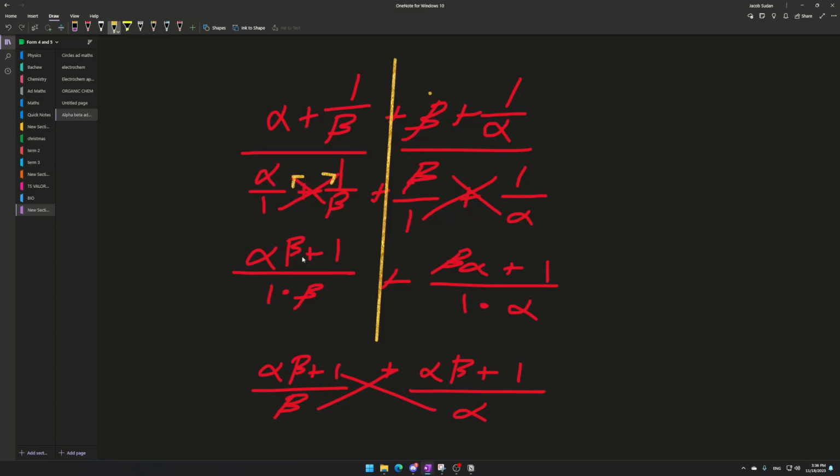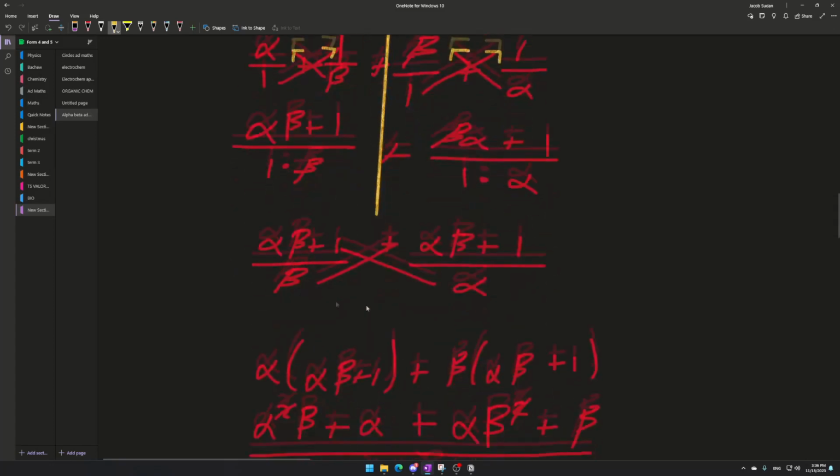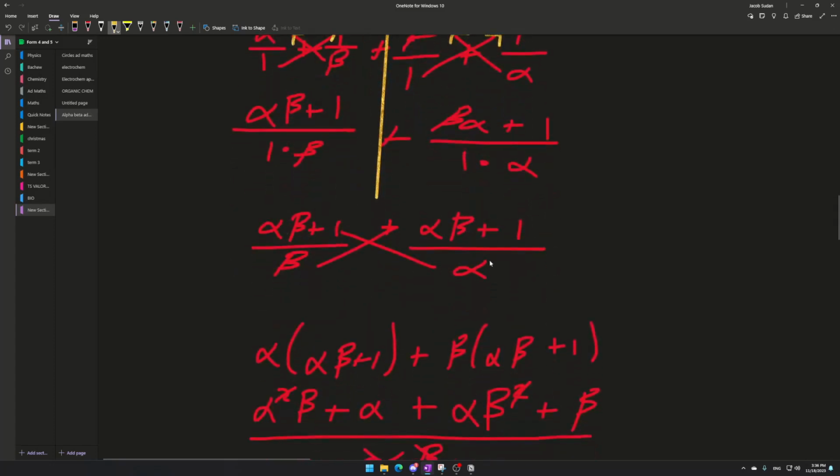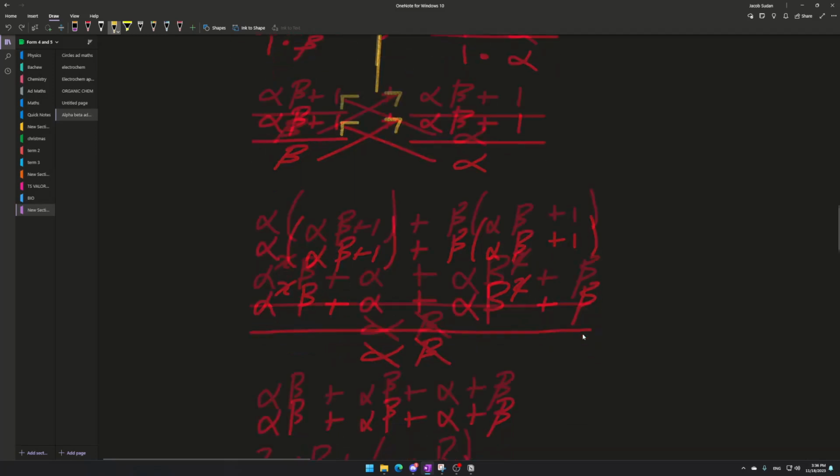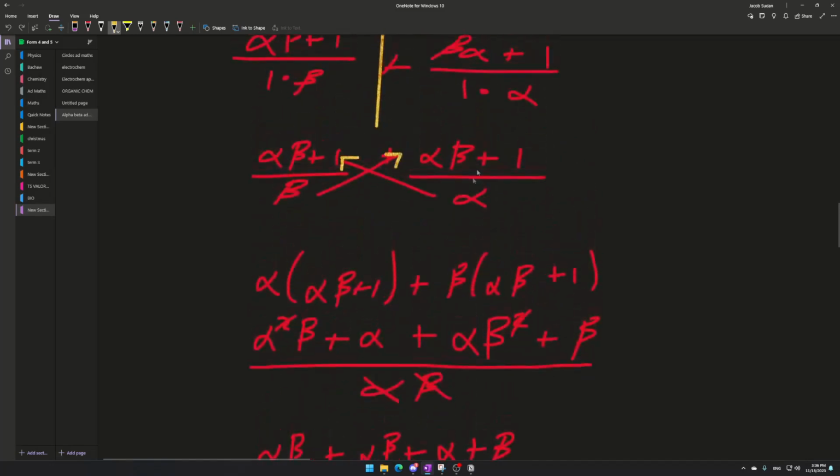We get alpha beta plus 1 over 1 multiplied by beta, and over here I did the same, and I got beta by alpha plus 1 over 1 by alpha, which I simplified down to this, and then from there I cross multiplied it one more time to get our final equation. We got this equation here, right? And then expand that, we got alpha squared beta plus alpha beta squared plus beta over alpha beta, because remember it had this